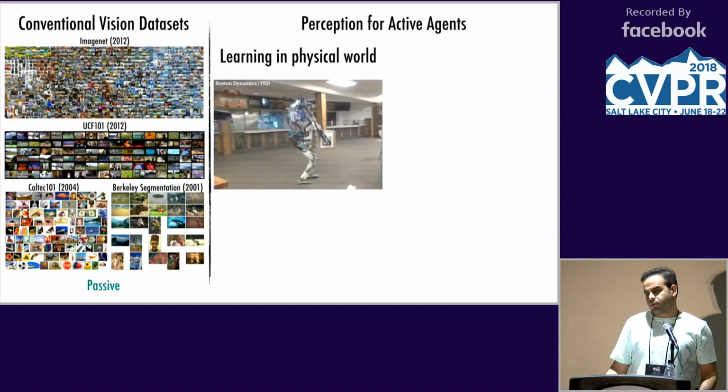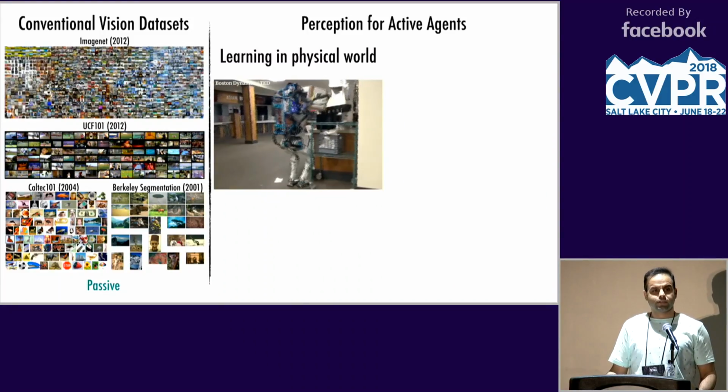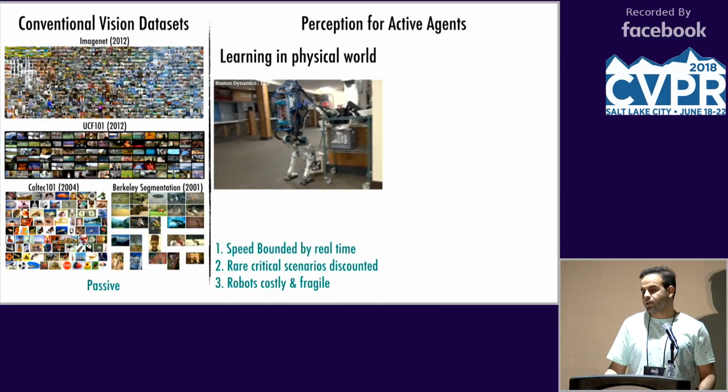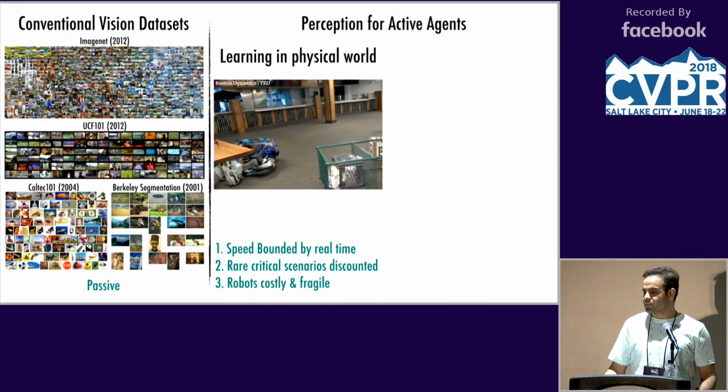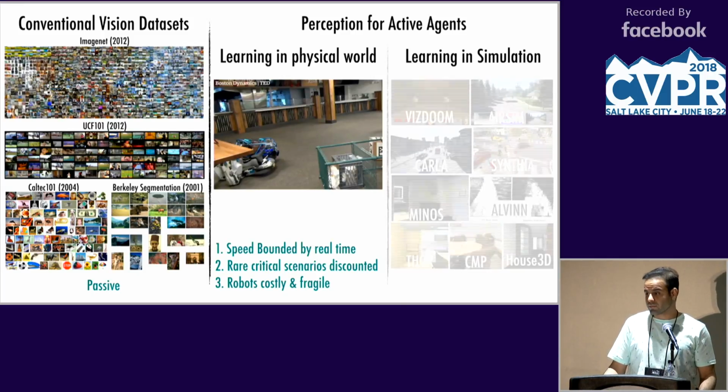So you could learn perception with a physical agent in the physical world with an onboard camera. This approach has some drawbacks, like learning speed is bounded to real time, obviously, and important but critical events like a car crash cannot be freely repeated, and working with robotic hardware is often time consuming. This has given rise to learning in simulation as an alternative